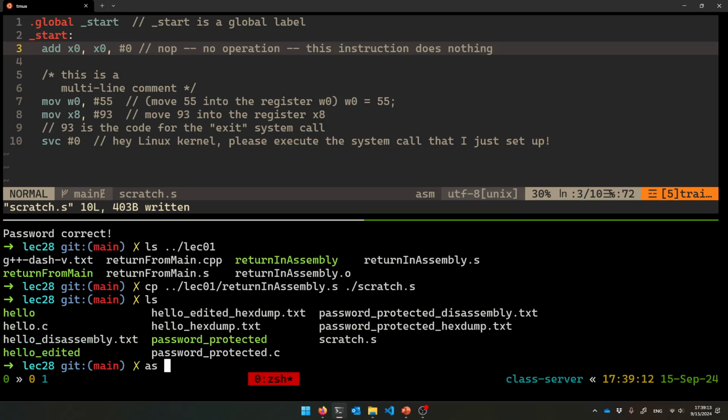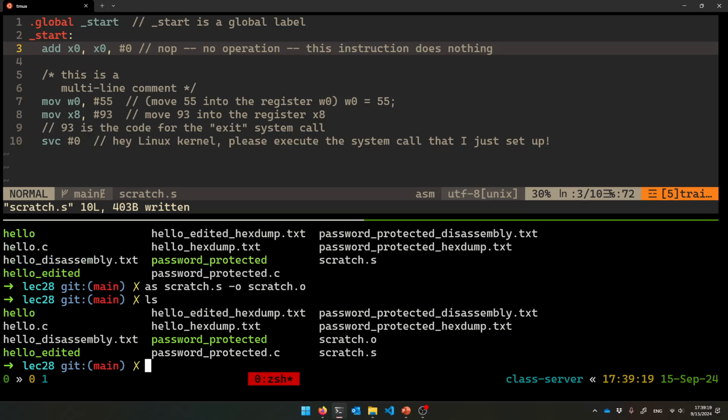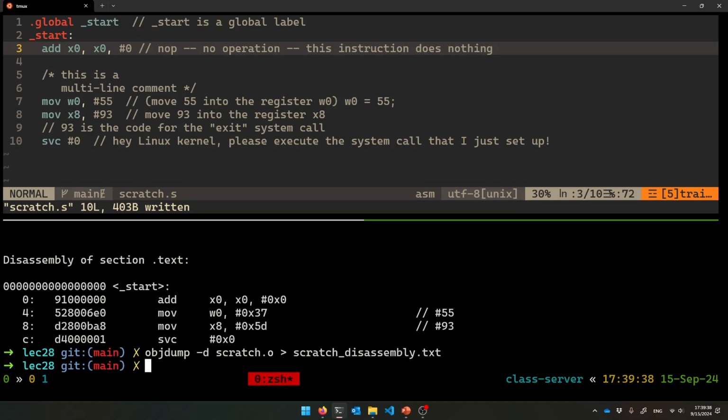So let me just assemble this, as scratch.s to scratch.o, because I don't need to execute this. I don't need to run this file. I just need to look at its disassembly. So I'll say objdump -d scratch.o, and that's useful, but I'll save it so that you can see it later too, as scratch disassembly.txt, and yeah, looking at it,